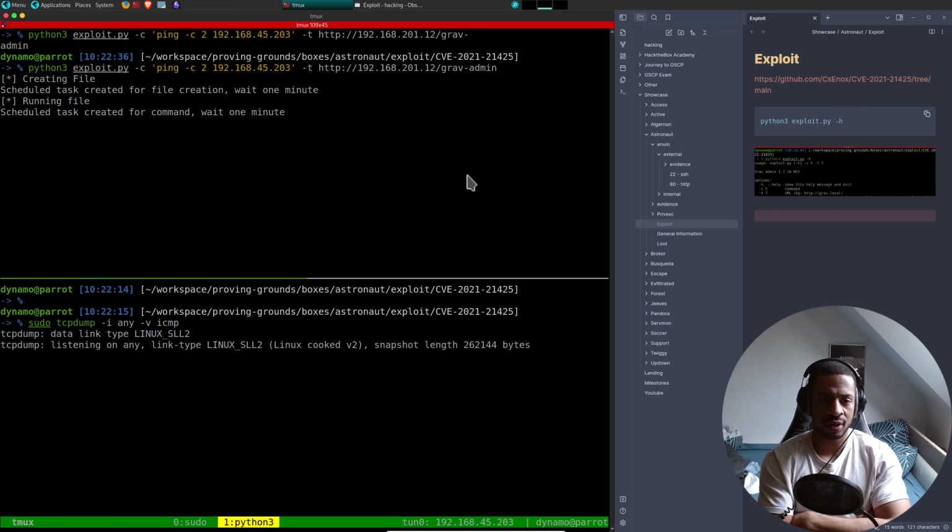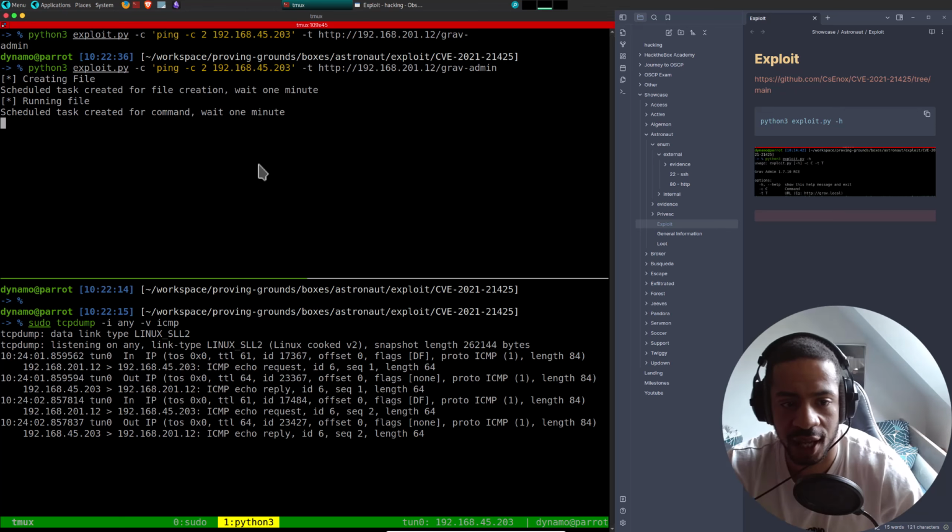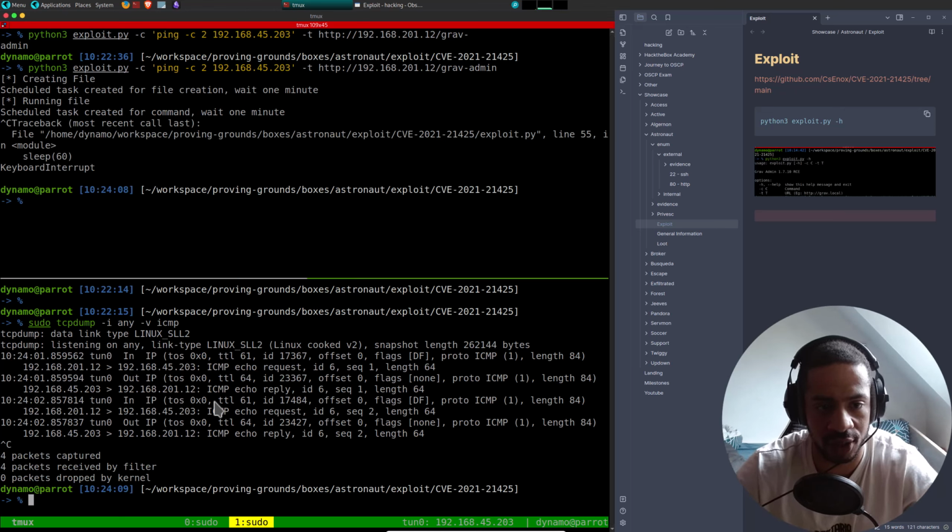There you go. Scheduled task created. And there we have the ping back. 2 packets. Okay, so the exploit definitely works.